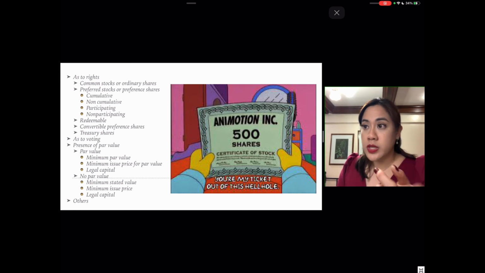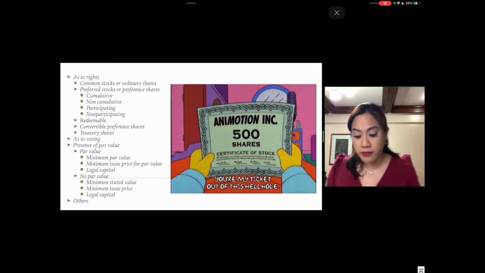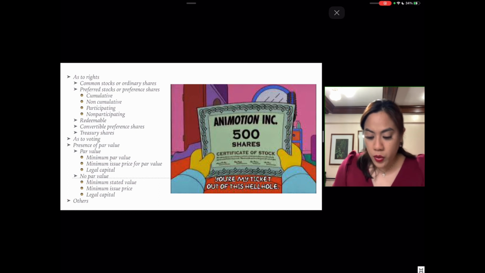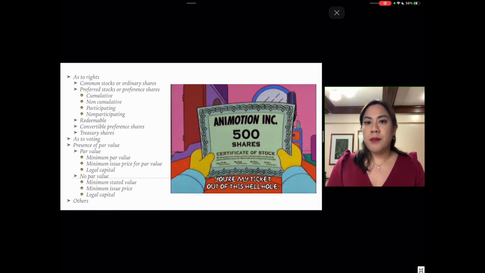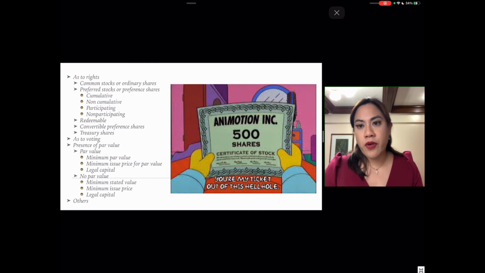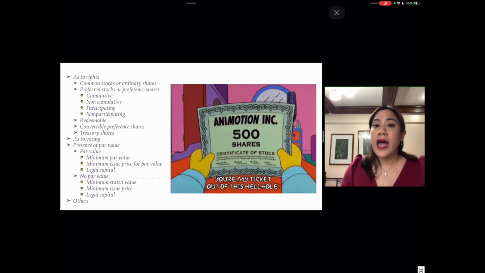Treasury shares, we will discuss later why they can be resold below par value. But for now, just remember that. Although there is no minimum par value, you can assign any amount, it can even be a peso. You can never issue it for below that par value that's assigned. As for legal capital, the legal capital for par value shares are those that are issued and subscribed excluding APIC